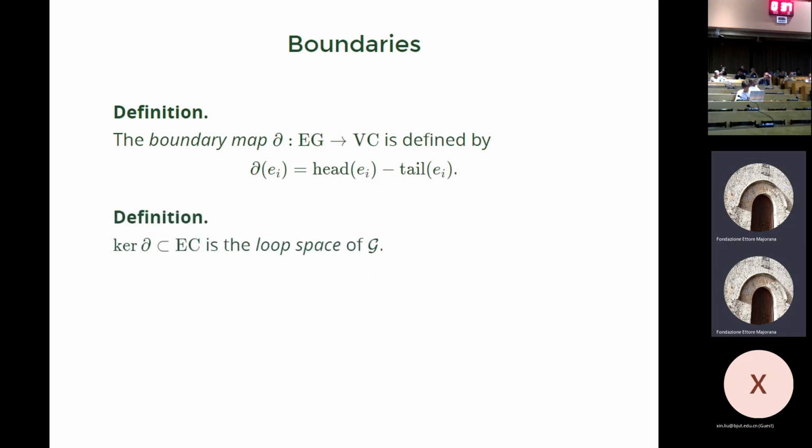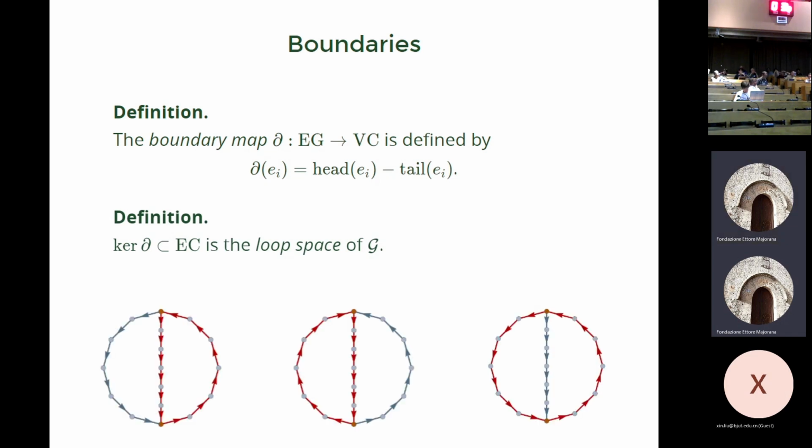Okay. So I have two vector spaces. I have this linear map between them. And now I have topology because, well, what does it mean to be a cycle or a loop in the graph? Well, I think of my cycle as a sort of list of edges, so I think of that as a sum of edges. And saying that I'm a cycle says that if I take the boundary of this sum of edges, it's 0 because the head is going to be the same as the tail, and they get subtracted. So the loop space is exactly the kernel of this boundary map.